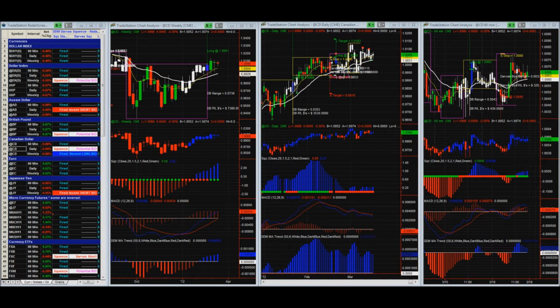Okay, taking a look at the Canadian dollar. The Canadian dollar had an initial long signal around par, and it's just kind of meandering. You've got some signs of accumulation, but because of everything that's going on, you would really need to see some decisive movement in the Canadian dollar. You do have net bullish indications and signals on the weekly chart, but it seems like the resistance overhead is probably stronger